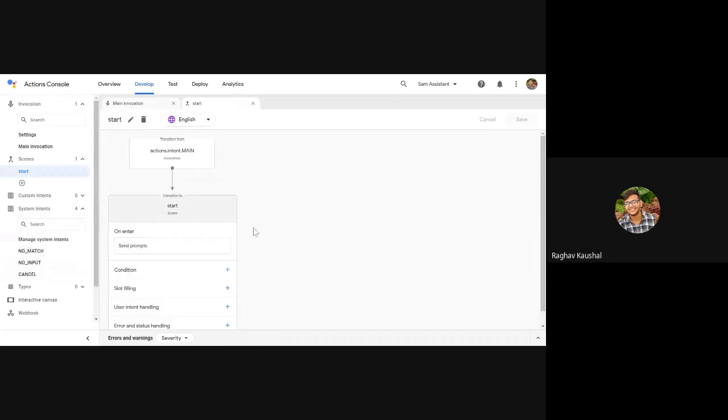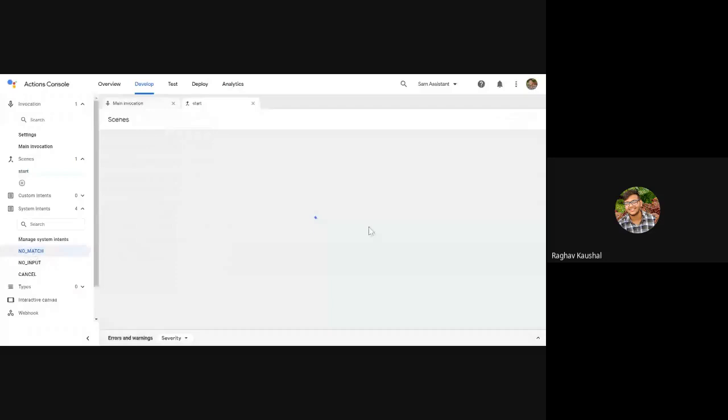Whenever you open the Google Assistant app, what happens when you don't say anything, like you are mute? It is a no input case, and it says something like, sorry, I can't hear you. Whenever it is asking what is the date today and you say my name is Raghav, it will search for an intent, go to the no match intent, and say, sorry, I didn't catch that.